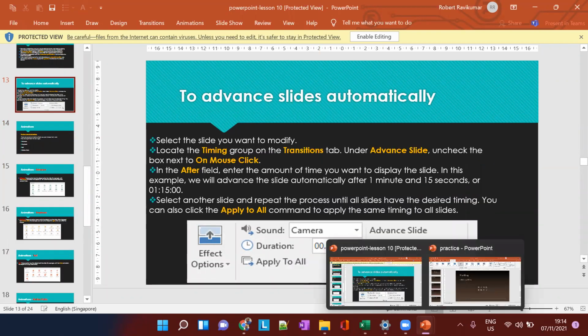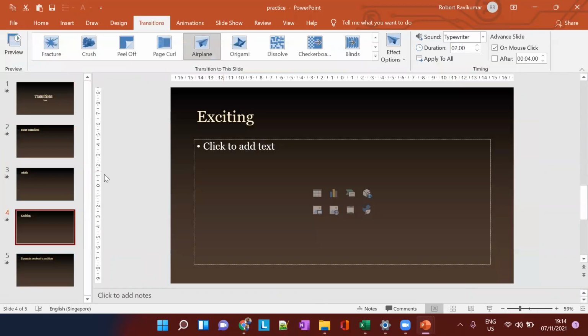Okay, let's do this example. So like this, you guys create different types of transitions and apply them. Maybe you create a slide and apply a particular transition, let's say airplane. Apply a sound to it and move it based on mouse click.